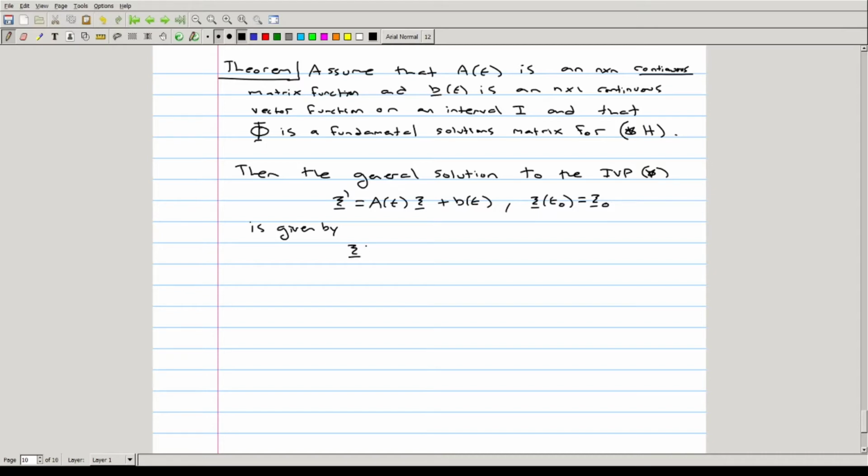Like we said before, psi of t is equal to the homogeneous general solution plus the inhomogeneous particular solution, where the general homogeneous solution is the fundamental solution matrix of t multiplied by the inverse of the fundamental solution matrix at t naught multiplied by the initial condition vector xi naught,